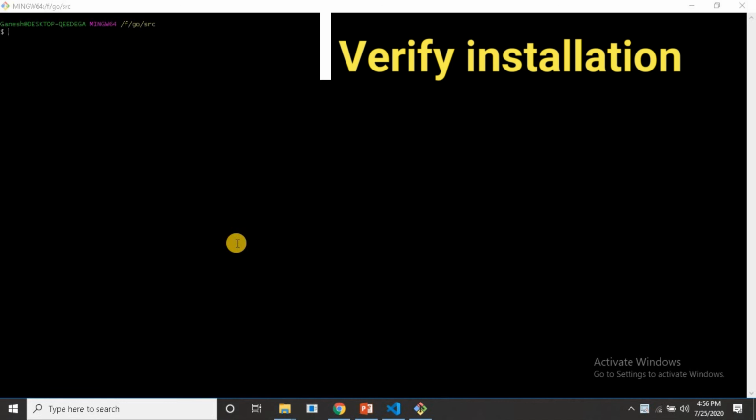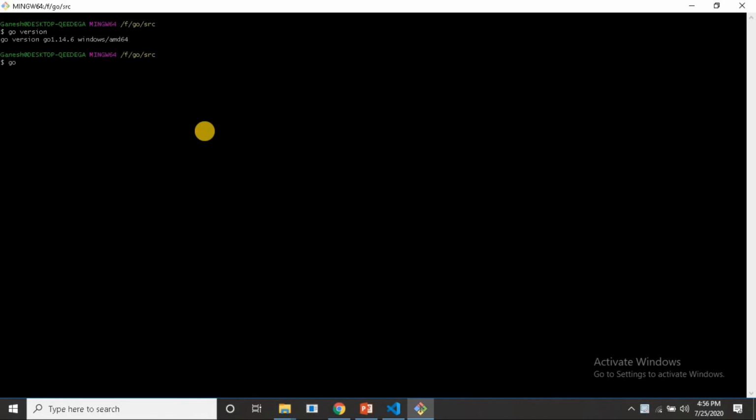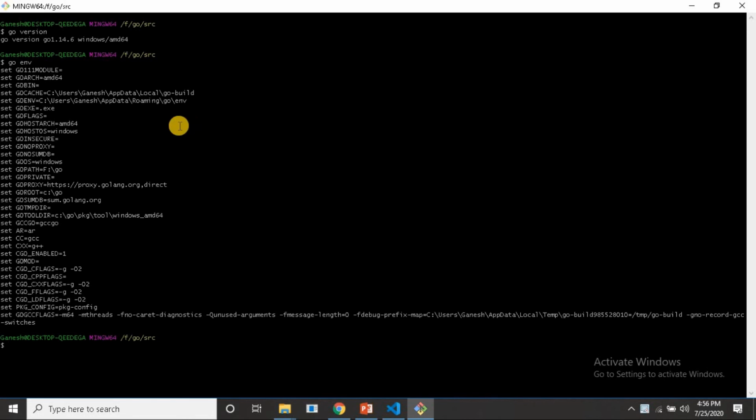Okay, all installation done. Now we have to check whether Golang is installed properly or not. To check that, we can execute the command go version. Yeah, it's showing the installed version. Also, you can execute go env. Here you can find two variables, GOPATH and GOROOT. GOROOT is the location where your Go SDK is located, and GOPATH is the location of your workspace. We have not set GOBIN so far. This is the location where our generated exe files will be stored.